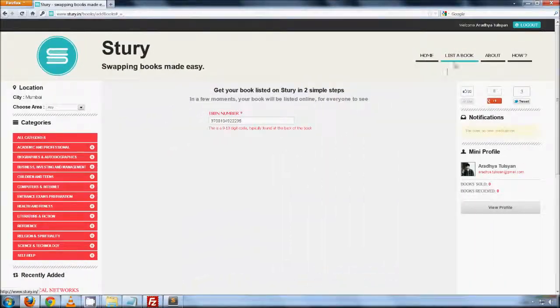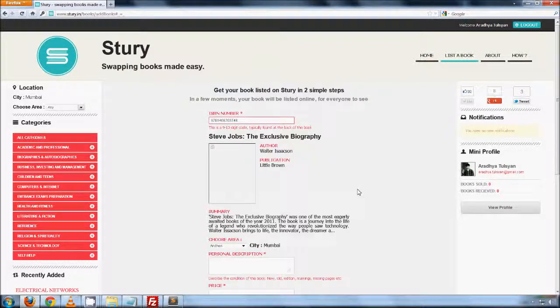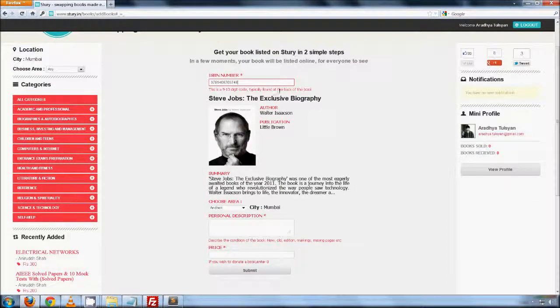After logging in, the user gets an option to list a book. To get the information of the book, the user has to enter the ISBN number. As you see, the information of the book is automatically loaded.